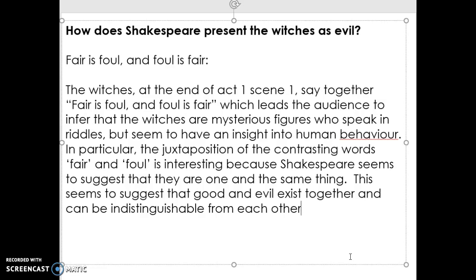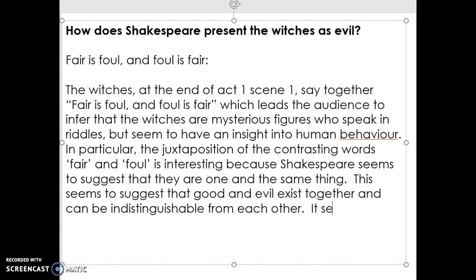Okay, I'm generally happy about that. Fair represents good, foul represents evil, they're one and the same thing. So I've said something more specific, a couple of sentences specifically about word choice. So now I'm going to try and use my thesis sentence to say my big, or my thematic sentence if you like, my big idea of what Shakespeare was saying to show.